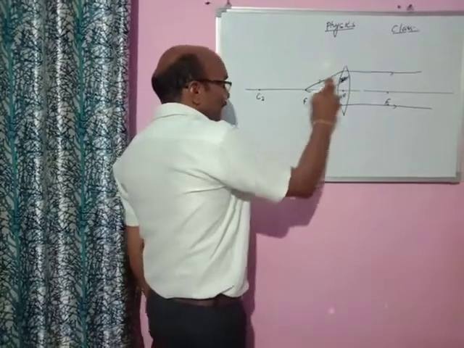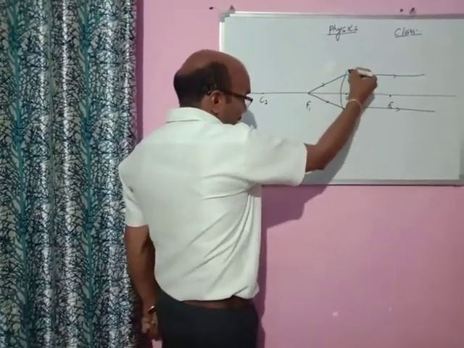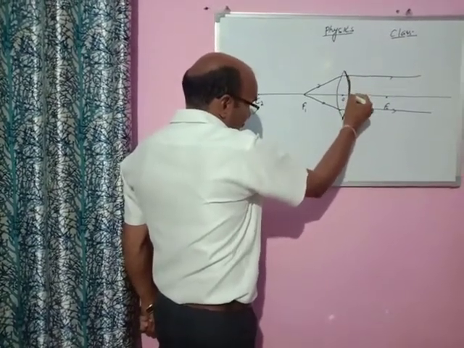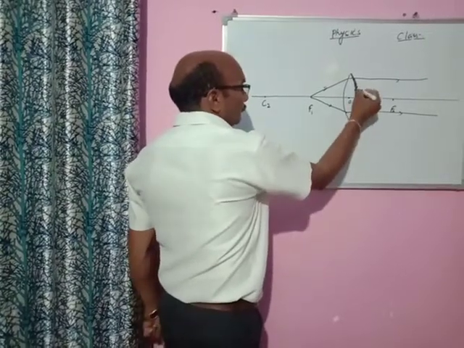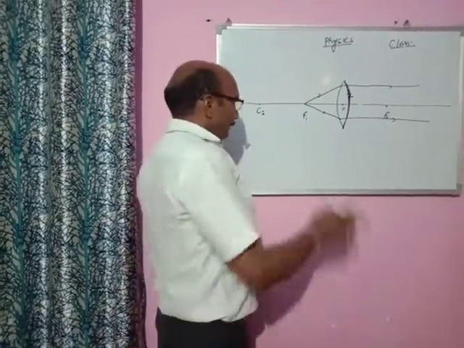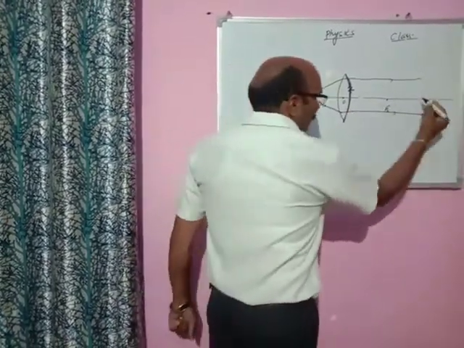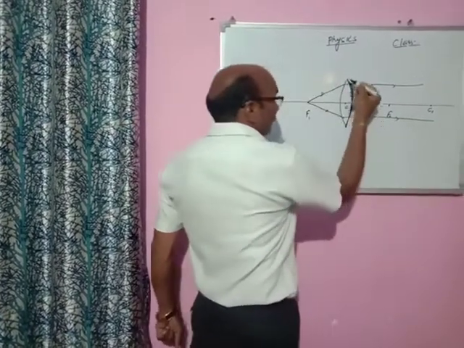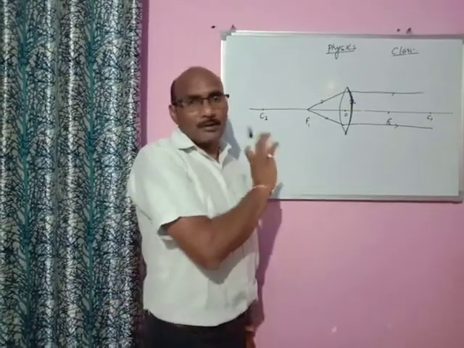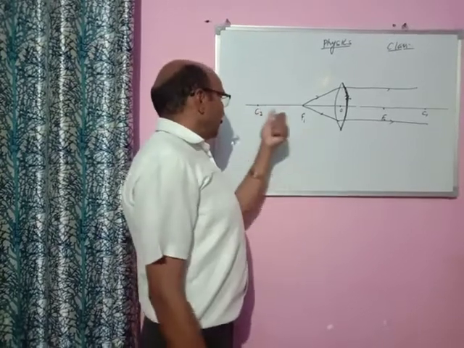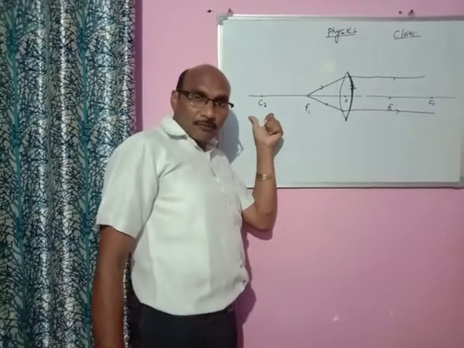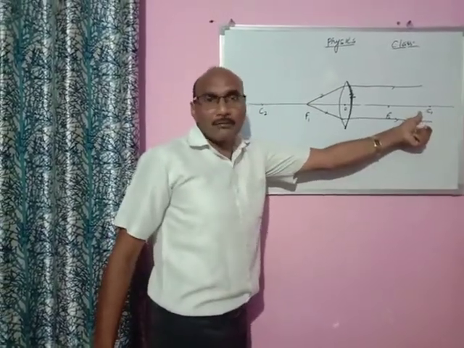because this is the center of curvature of this surface, the second surface, surface 2. This is C2. Okay, so there should not be any confusion. F1 C2, F2 C1, because this is the center of curvature of surface 1. So this should be clear to you. This is the first focal point, this is the second focal point, this is the second center of curvature, and this is the first center of curvature.